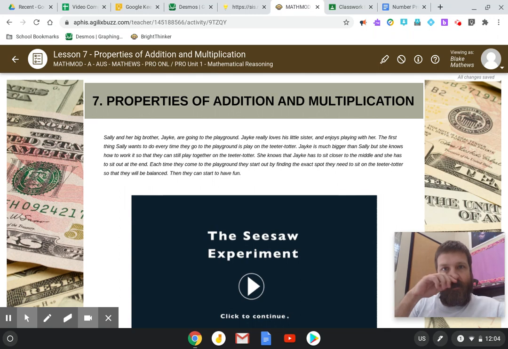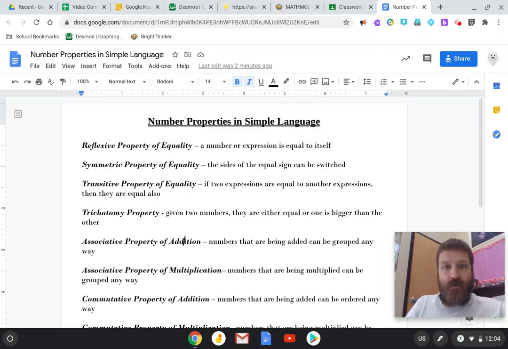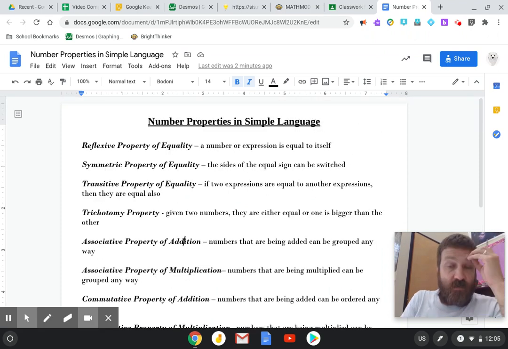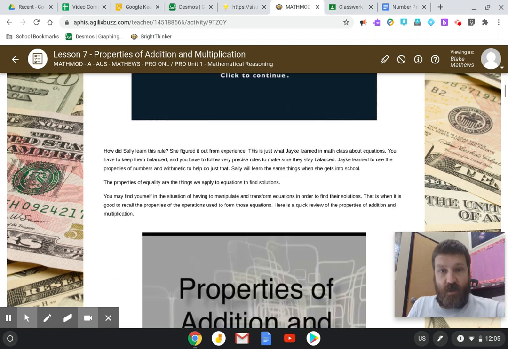All right, this is the Math Models, Unit 1, Lesson 7 video over properties of addition and multiplication. I've shared a file with you on the classroom page called Number Properties in Simple Language. And what I've done is I've taken these properties that they present to you in mathematical terms,